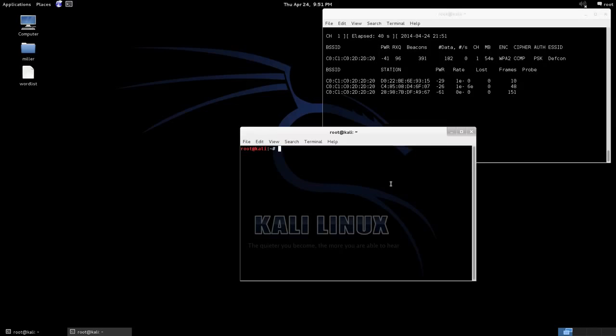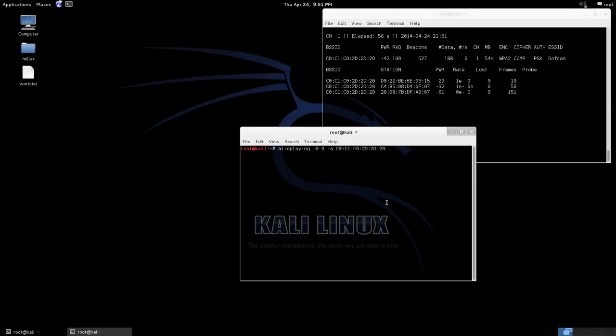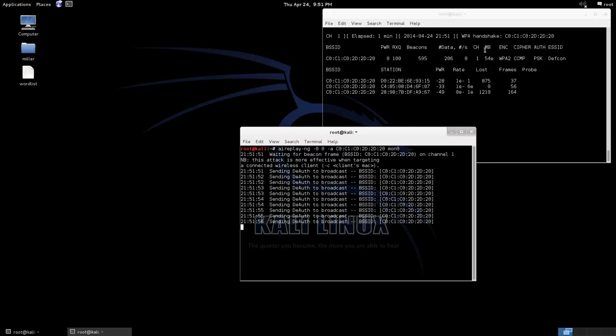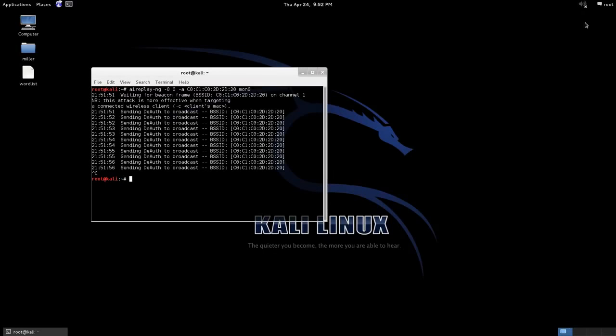So we can de-authenticate a client with the command aireplay-ng -0 0 -a, and then the AP's MAC address, so we'll paste that in, and then our interface, mon0. Now we're sending off de-authentication packets. So as you can see here, we've successfully gotten a four-way handshake for this AP. So we can go ahead and stop this, close that off, clear up this screen,